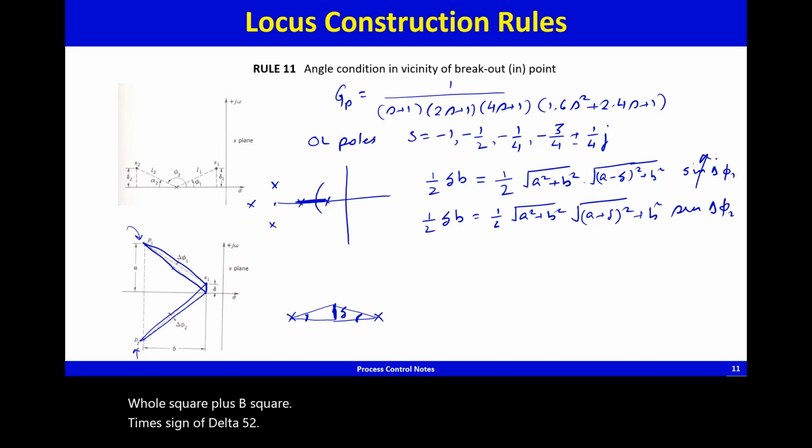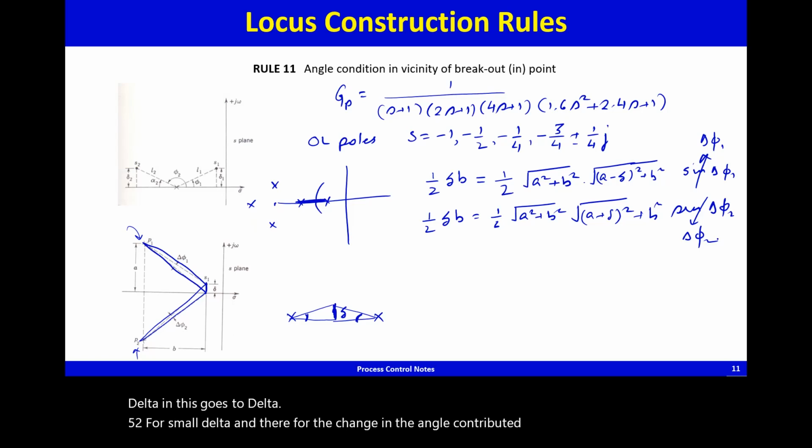And this goes to delta phi 1 for small delta, and this goes to delta phi 2 for small delta, and therefore the change in the angle contributed by P1 and P2 is going to be